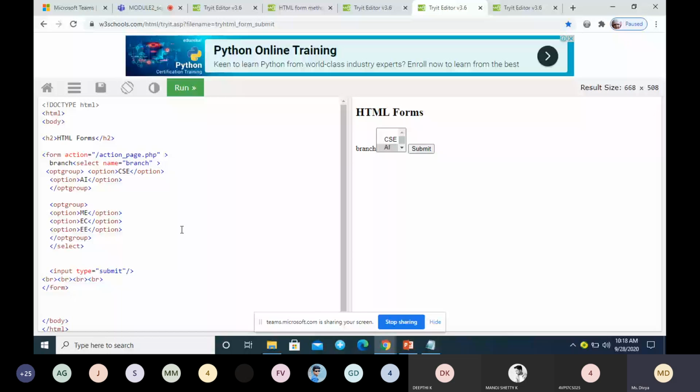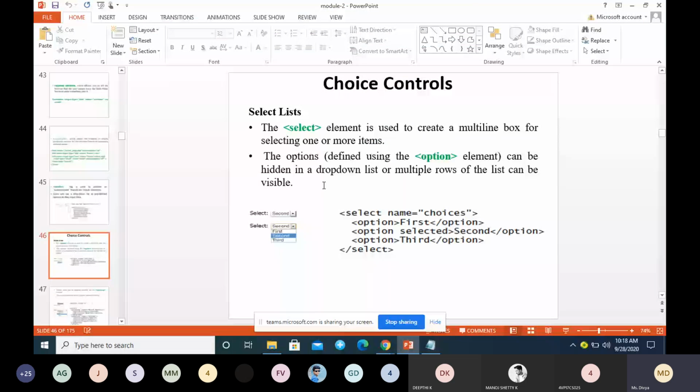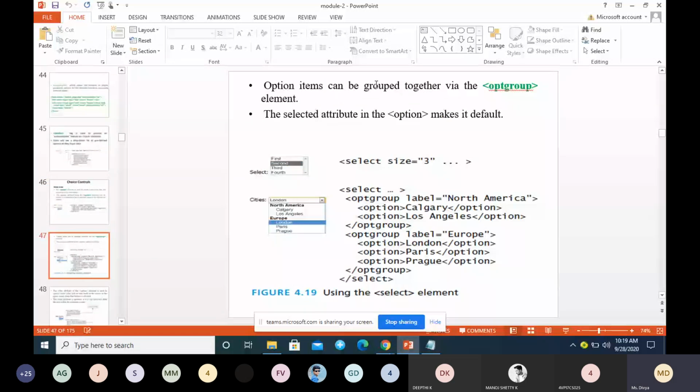So select element is used to create a multi-line box for selecting one or more items. The option can be used to hide a group, a drop down list or multiple rows of list, can be visible. You can either hide the box, or you can allow it to display one or more options. The option items can be grouped by